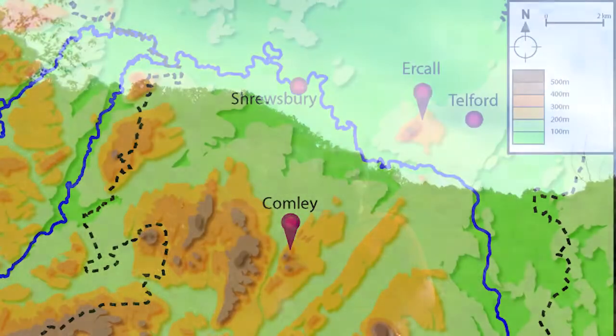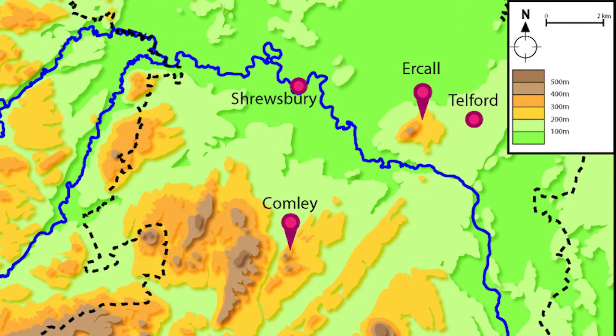So welcome to the episode about Shropshire's Cambrian rocks. Today's episode is going to be a bit of a short one, as there's not a lot of Cambrian exposure within the county. However, here at the Ercall quarry, it's one of the best places you'll find Cambrian rocks anywhere in the county. You'll find a number of exposures at the hamlet of Comley on the side of the hill